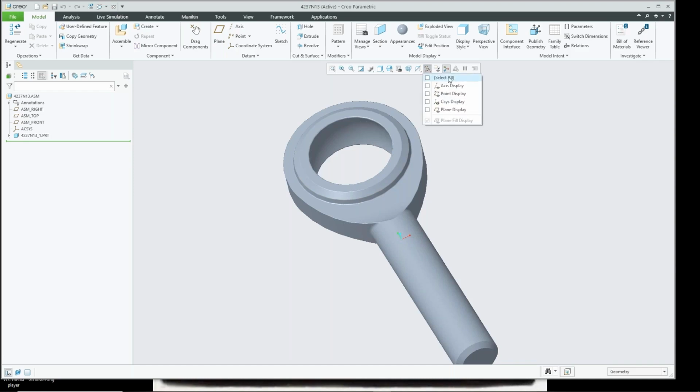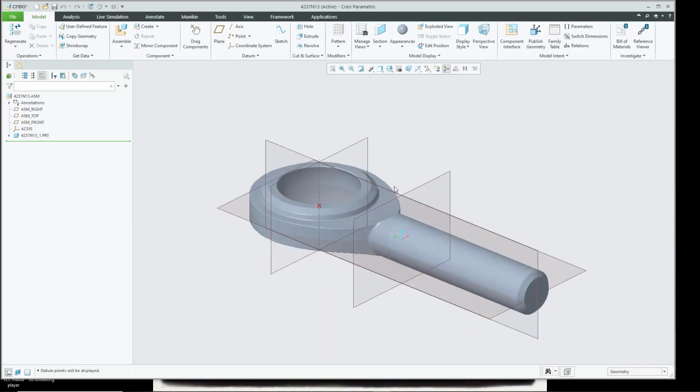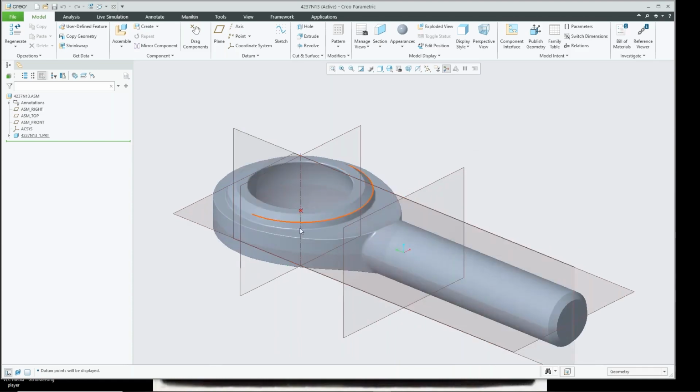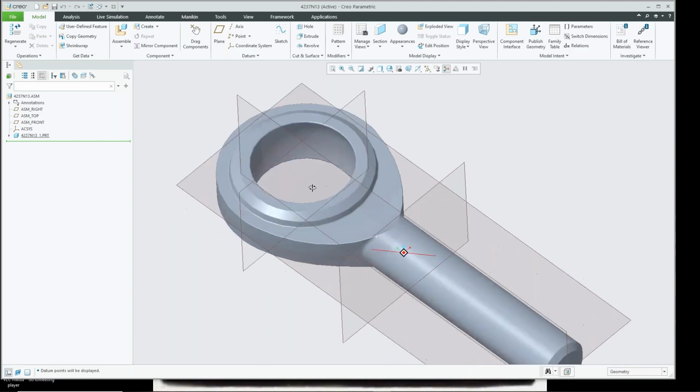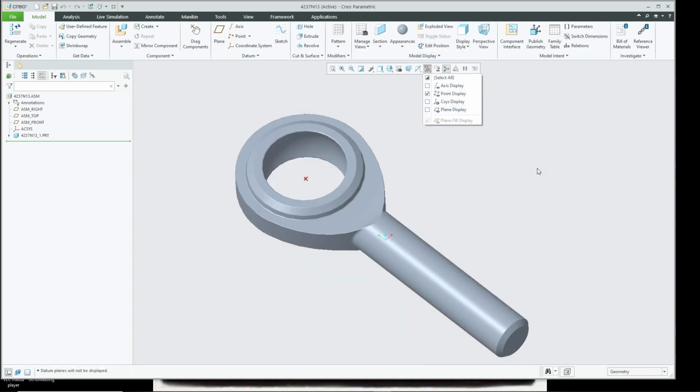So if we look at this part, I turn on my axes, my datum planes, and my points, we can see that for this part, we created a point right in the middle, which is basically at the intersection of this datum plane and the axes going through the middle of that hole. So that is the center point. That's where they're going to connect with each other, and the rotation is going to be around that point. So I'm going to turn off everything but the points because that is what I'm using to assemble. So I'm going to go ahead and assemble in